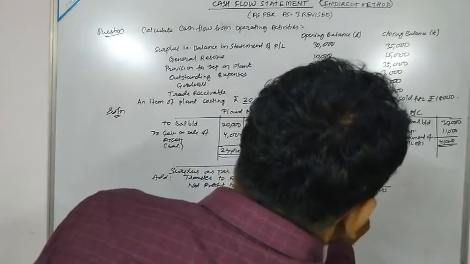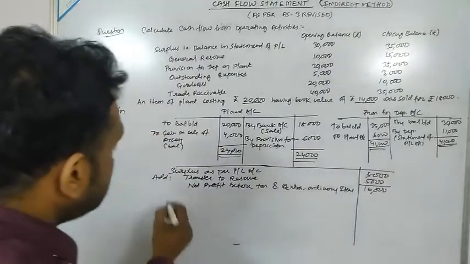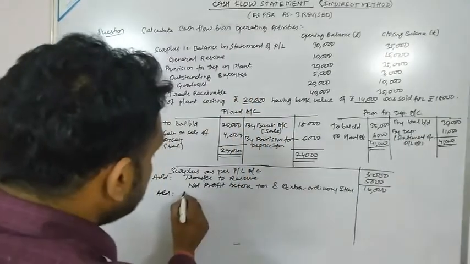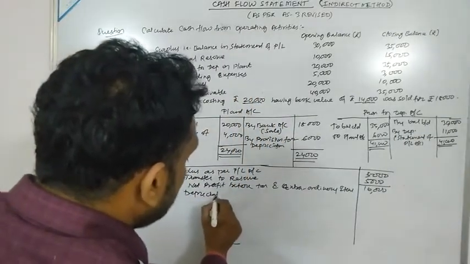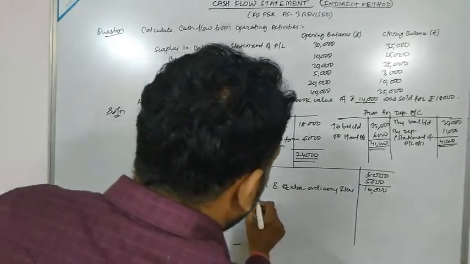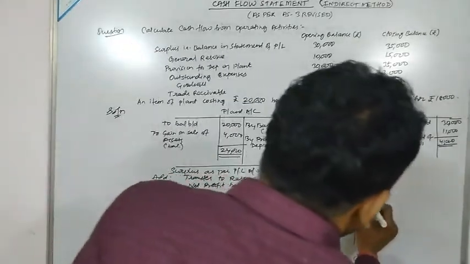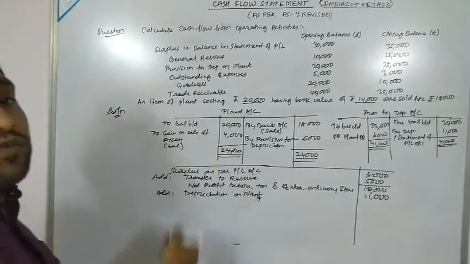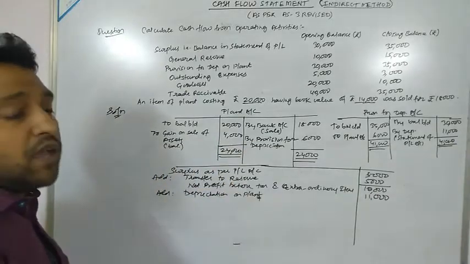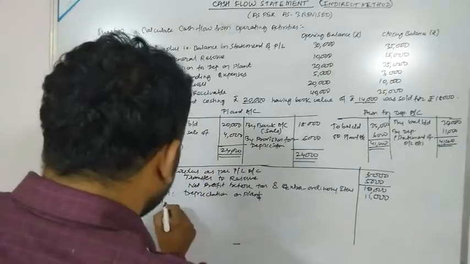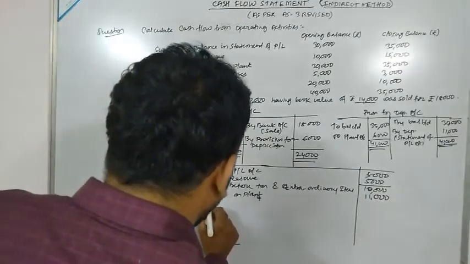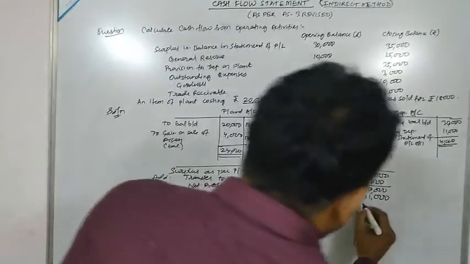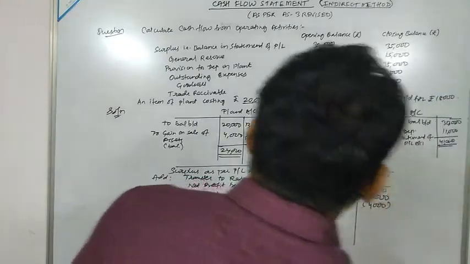So now what we have to add? Your non-operating expenses. We have calculated your depreciation, 11,000. So add depreciation on plant, which is 11,000. Now gain on sale of assets, 4,000. It might have increased your cash flow from operating activity, so we have to reduce. Less gain on sale of assets or plant, 4,000.